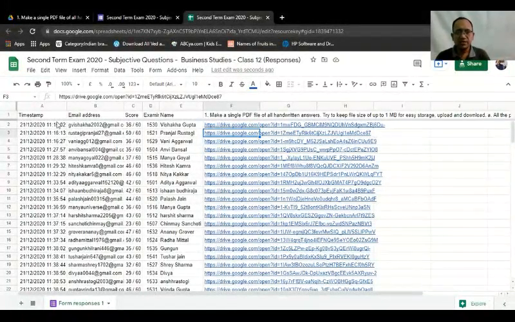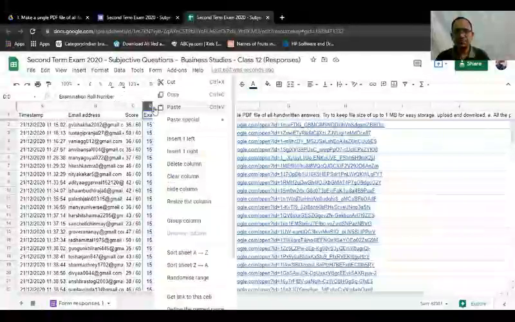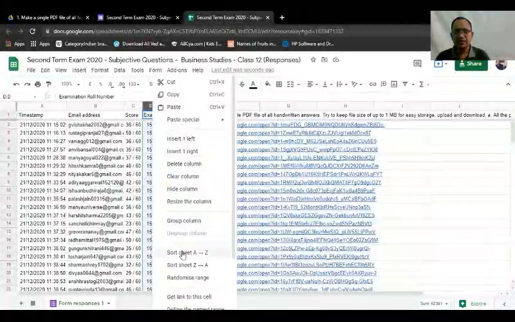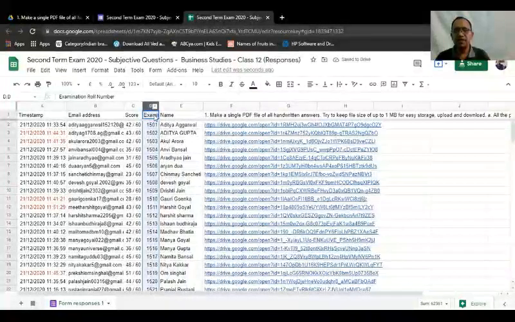So we can simply rearrange this on the basis of roll numbers. We'll click on the down arrow in the column containing roll numbers and select sort sheet A to Z. This will arrange the entire data on the basis of this column, that is roll number wise.